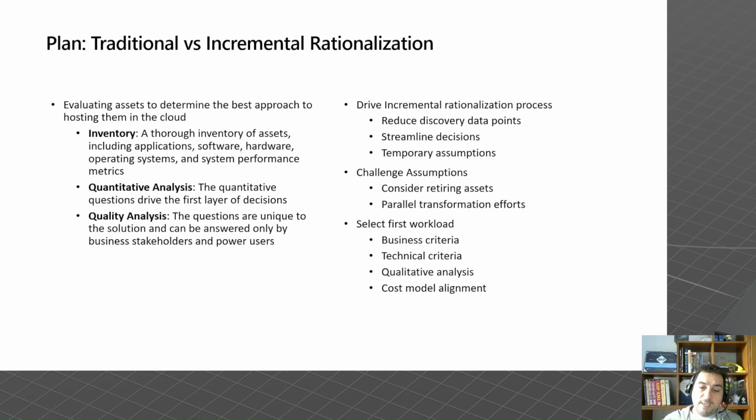Out of the X number of workloads, right, we figure out we want to move to the cloud. We need to select the first or the first few, right? 1, 3, let's say 5 tops, right? Business criteria, technical criteria, qualitative analysis, and cost model alignment need to be done on per service in this case, right? Business criteria would be, right, what's the business impact? Technical criteria, what's the